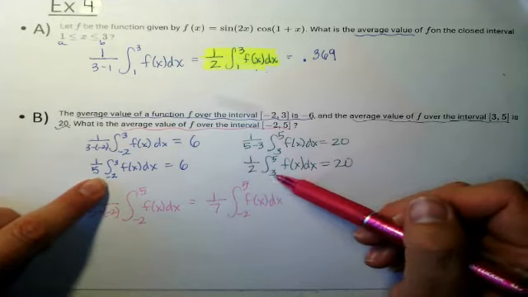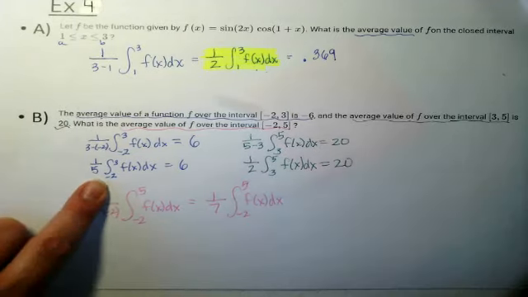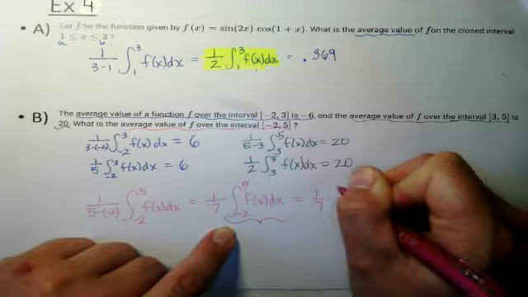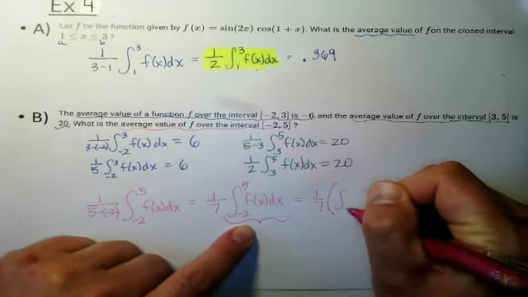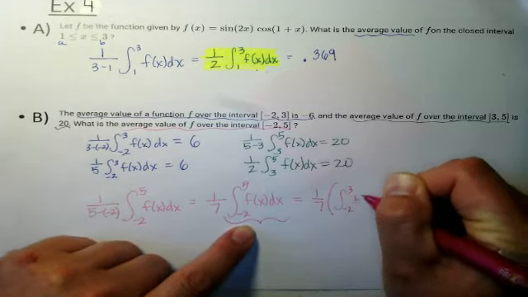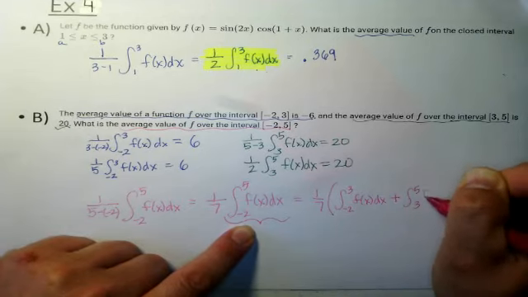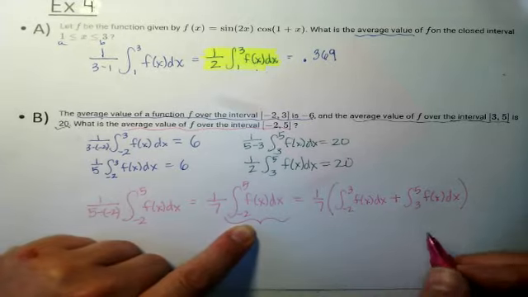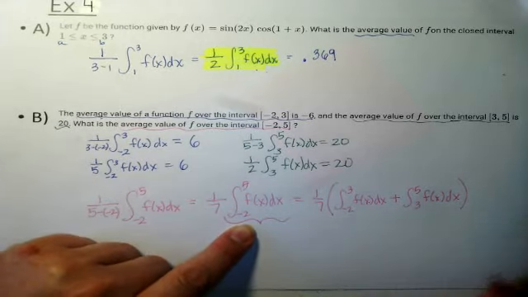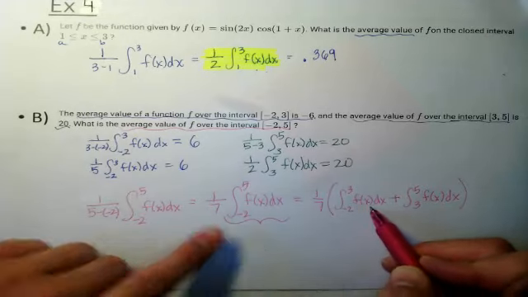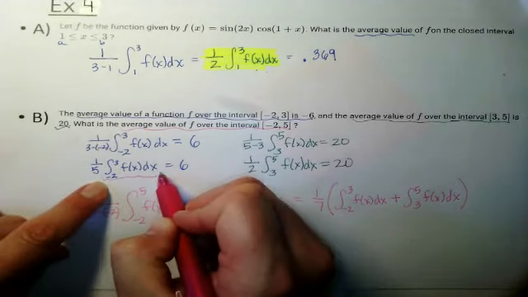So let's see what we can do here. This integral is really the integral from -2 to 3 plus the integral from 3 to 5. So a little sum of two integrals equals the larger integral. That's true. So if we can figure out what the integral from -2 to 3 is, which is right here,